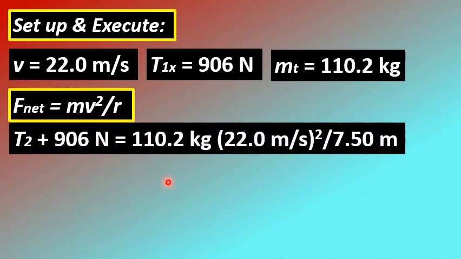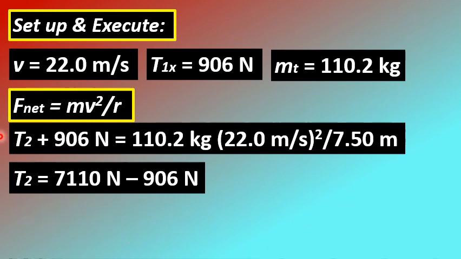The net force is just the sum, or vector sum, of T sub 2 and T sub 1x, right? Or that is T sub 2 plus 906 newtons equals 110.2 kilograms, which is the combined mass, times the square of the tangential velocity or speed, 22.0 meters per second. Then divide the whole thing by 7.50 meters, that's the value of r, and solving for T sub 2,